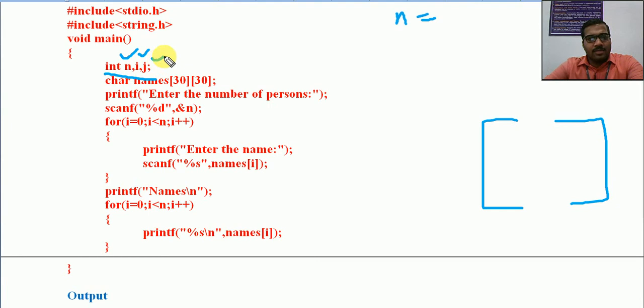In this case we are actually not using a second loop; j is not required for this program, so that was an additional variable that can be avoided. Just remove that. So we have one size, the number of persons, with i, so we require only one loop. Now look at this statement.